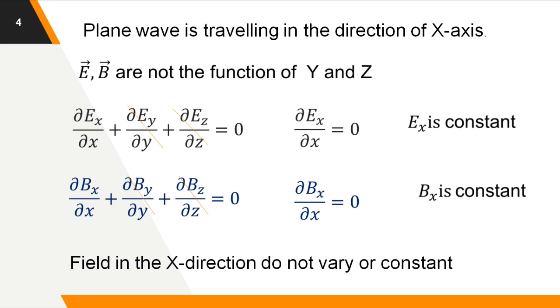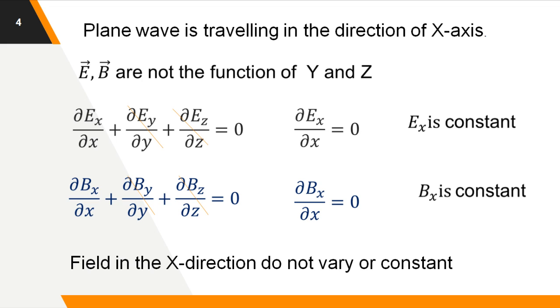Then how is the wave propagating? If they are not varying, there is no chance of the electric field producing the magnetic field, and the magnetic field producing the electric field. If they vary, only then does the electric field produce the magnetic and the magnetic field produce the electric. What we said is that the electromagnetic wave travels along the x-axis. That means the electric intensity or the magnetic field intensity along the x-axis only.